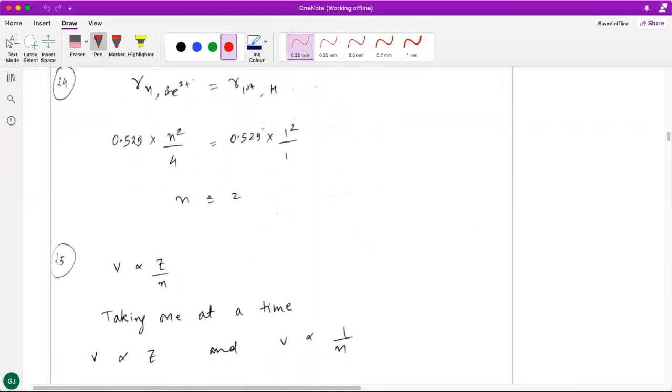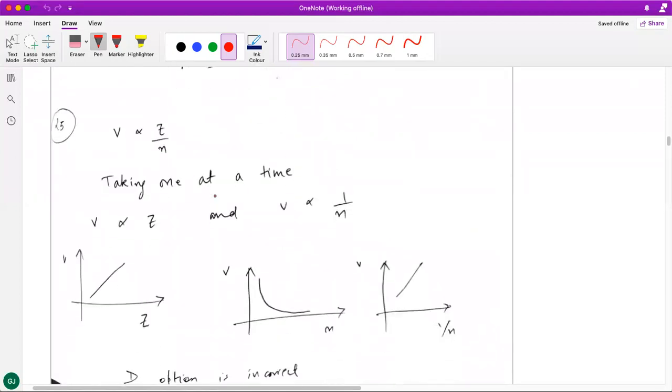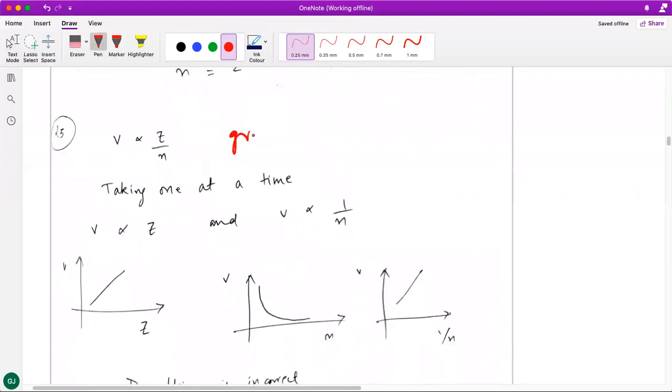Simply put the data points, we'll get the answer. 25th question, this is a graph based question. Now, in order to do this graph based question, I have taken a small session during our live classes where I have given you some preliminary information about how to draw simple graphs, some linear graphs, parabola, hyperbola. All that information was discussed in the live class. So I'm not going to reiterate that over here.